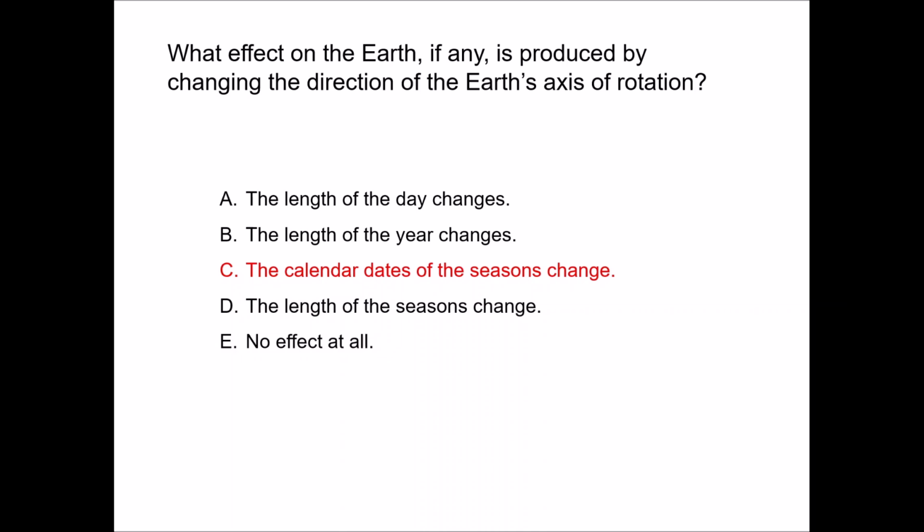And if there's no tilt, there's no seasons, which on the surface sounds pretty nice because I like spring, fall's okay, but you kind of kill the biodiversity on the Earth. A lot of things depend on that cycle of the seasons, right? So anyway, changing the tilt, no, not going to do it. But ask yourself this. How long are seasons? Well, about 3 months. Well, why are they 3 months? It's because 12 months divided by 4 seasons is 3. So if you're going to change the length of the seasons, guess what you got to do? You got to do the same thing you did in part B. You got to change the year.